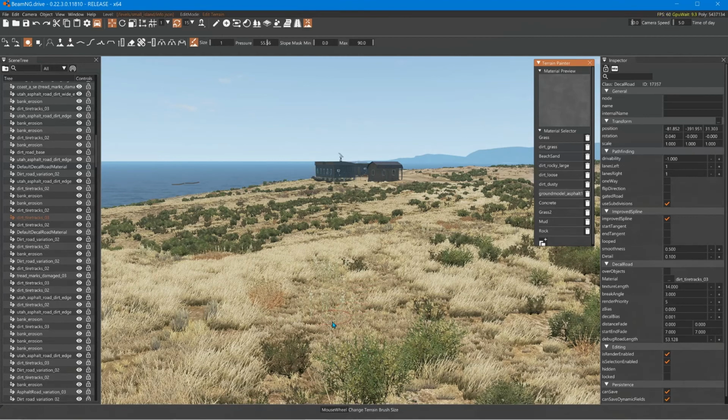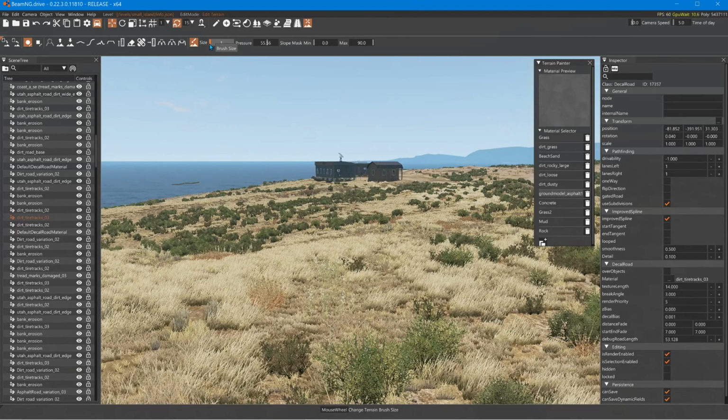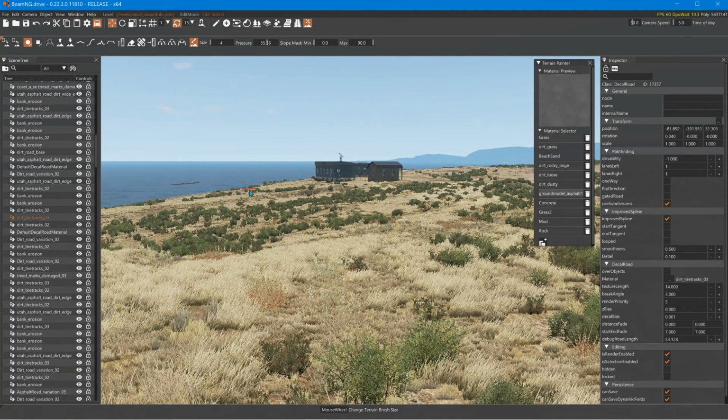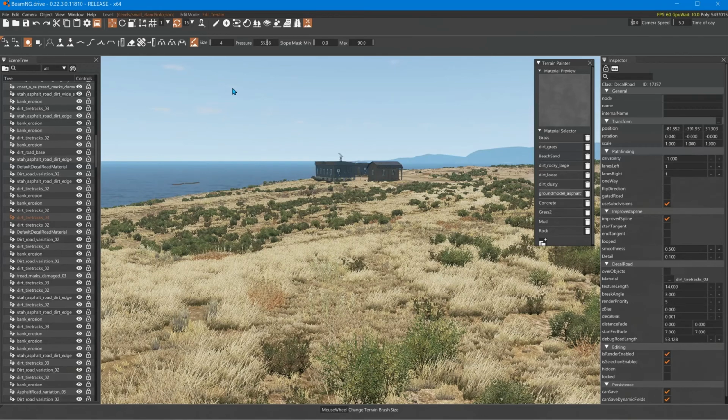If that's too small of a brush, if you have problems selecting 4 or 7, which is really difficult to get that lower number, you can change your mouse sensitivity. If you have a mouse that's got different sensitivities, you can just click them. It makes it a lot easier to have finer control. But once you get that number, select ground model asphalt,